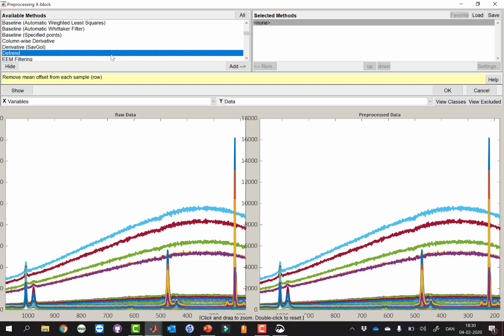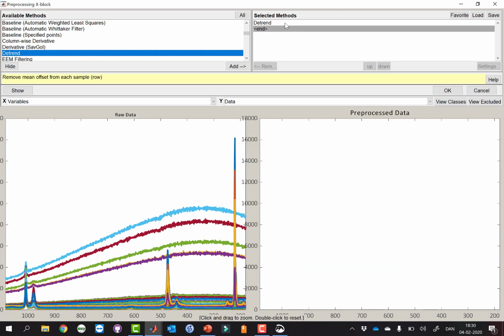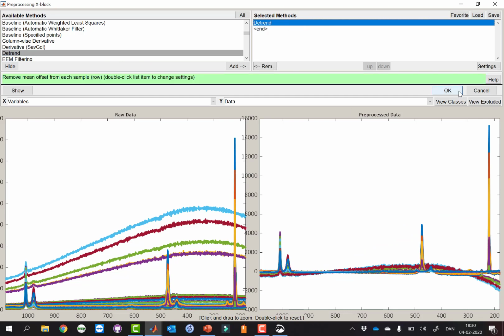So if I choose detrend, now let me go to the settings here, because I don't know exactly what the settings are. Okay, here we see that it's set to a polynomial first order. Now we can see that that's not going to work, for example, for the blue one. For some of the lower signals, maybe it's going to work, but not for the bigger ones, definitely.